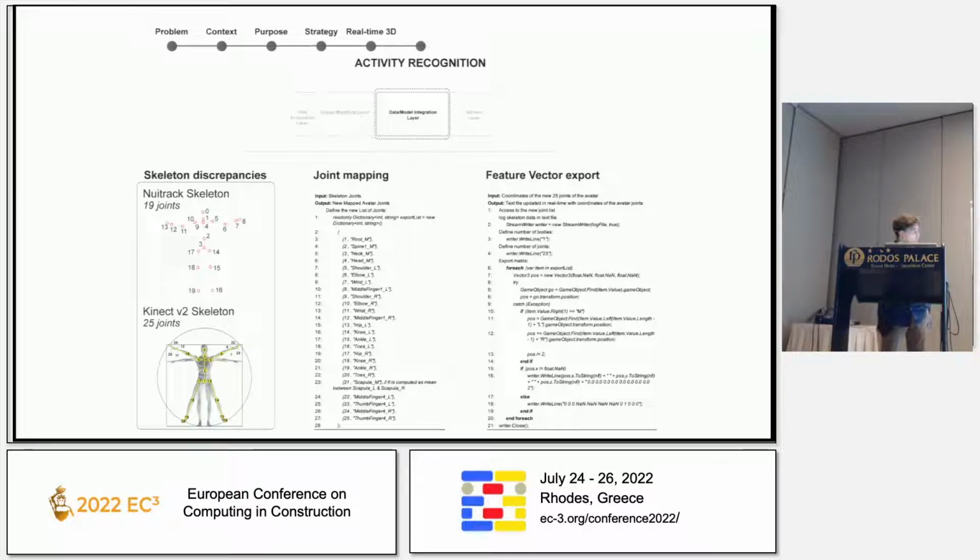But due to some discrepancies between our skeleton and the one used by the NTU dataset on which the neural network model was pre-trained, we had to remap our skeleton to extract 25 joints instead of the 19 we had before. So at that point, we exported the remapped skeleton joints information as a feature vector to feed the